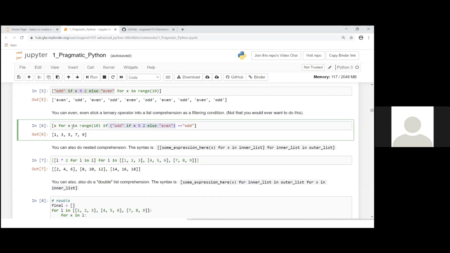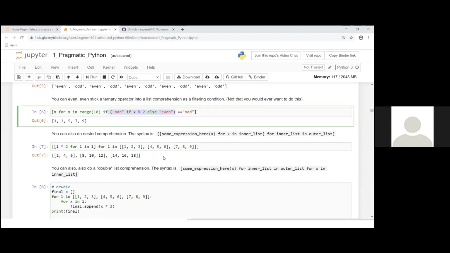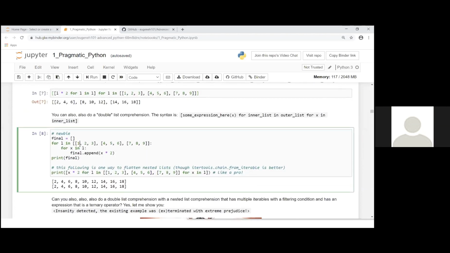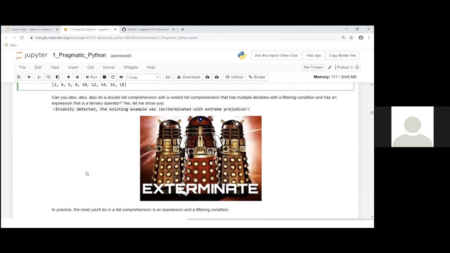So basically, any complicated thing you technically can do in a list comprehension as long as it's a 1-line expression. You can even do a nested list comprehension where you have a list inside a list, or you could unravel a list. So given an input list, flatten it out. Basically, list comprehensions are extremely expressive things that simplify your workflow with 1 line.